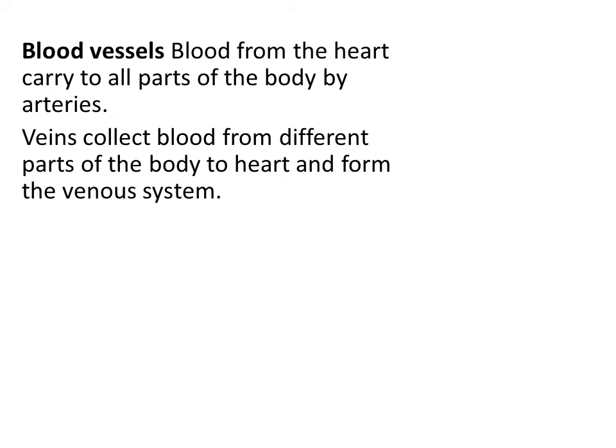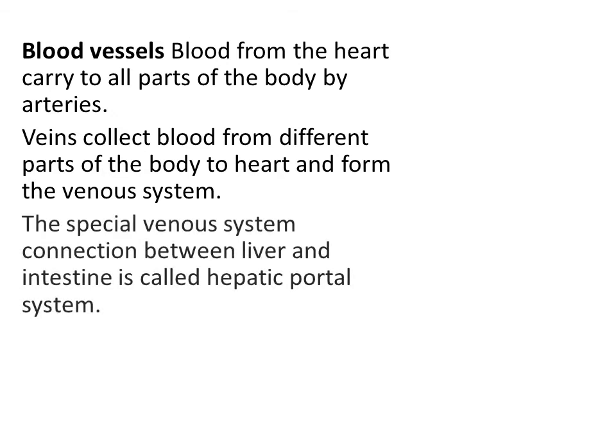Let us have a look into the veins. Veins form a system in the body called the venous system. Different kinds of veins are connected in the body to form a system that is called the venous system. There are two kinds of venous system that can be seen in vertebrate organisms. One such kind is the hepatic portal system. What do you mean by hepatic portal system? The hepatic portal system is formed by some kinds of veins. Here the veins are connecting the intestine with the liver.